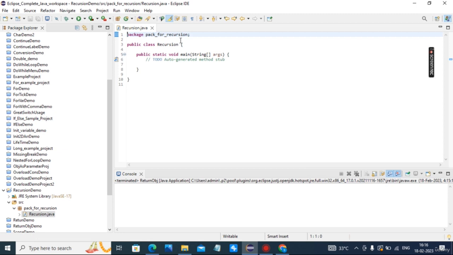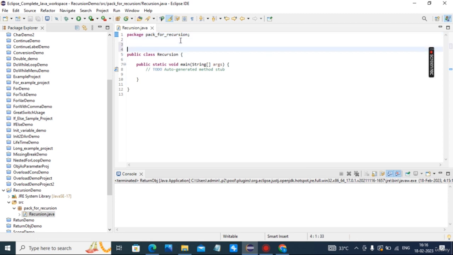So this recursive function is a basic example we are going to see, which is called factorial. So we are implementing a factorial class.